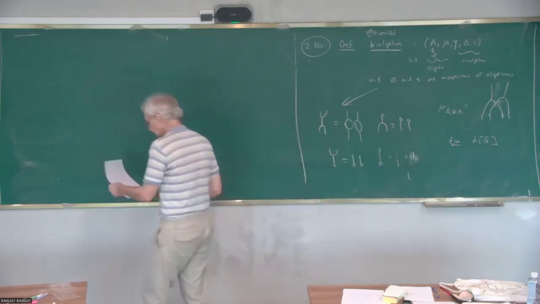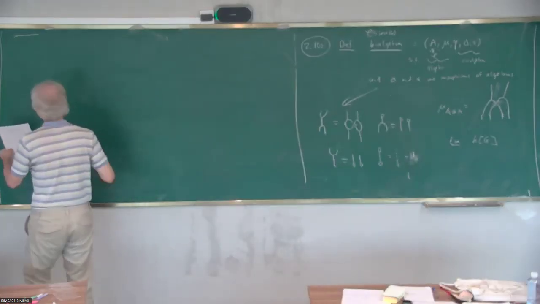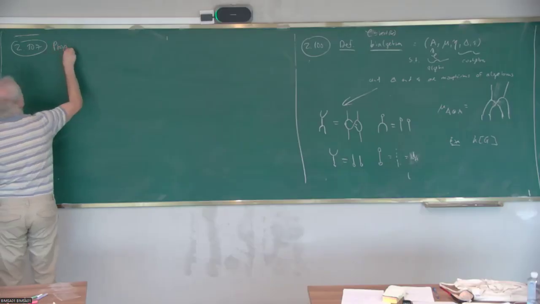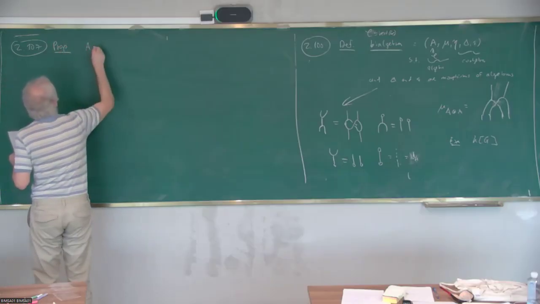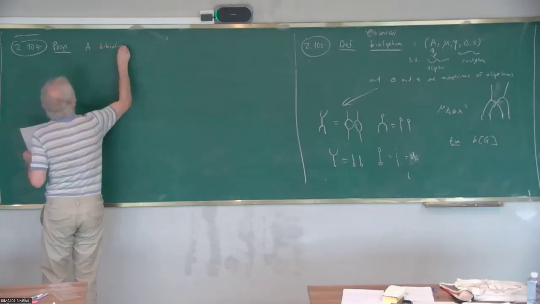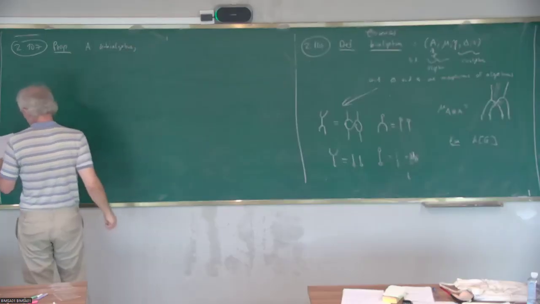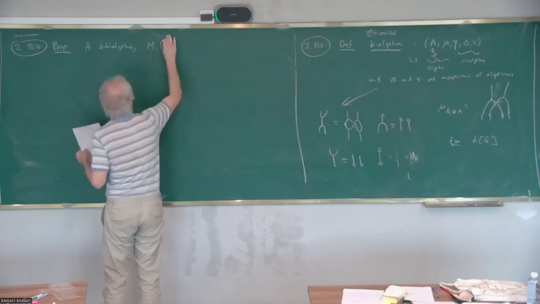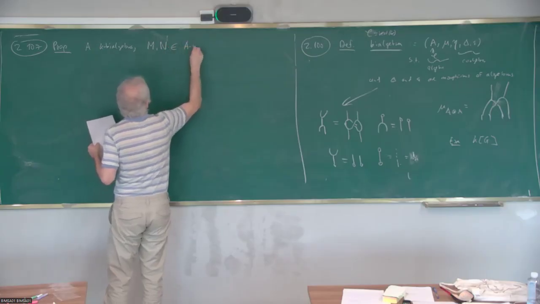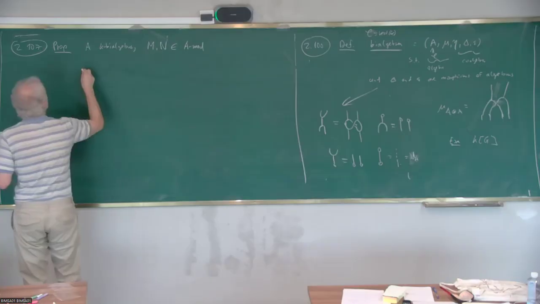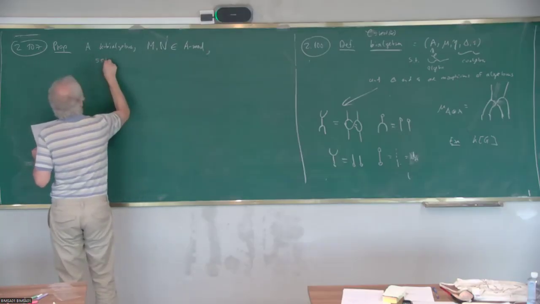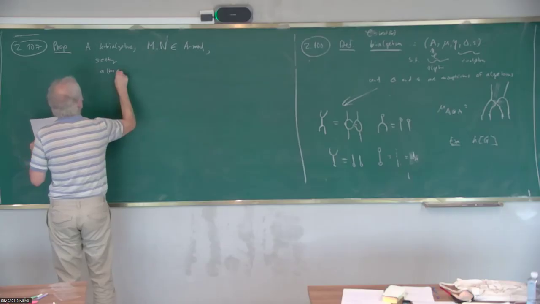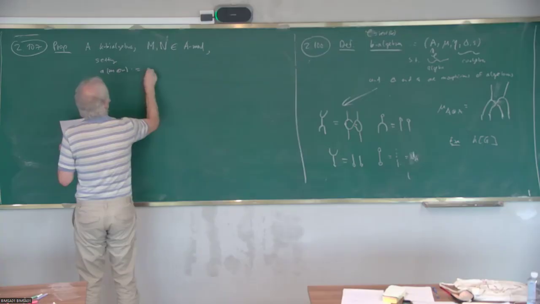And we formulate this as a proposition. So for A a bialgebra, and M, N modules, say left modules, we set A acting on M tensor N as A1. This is